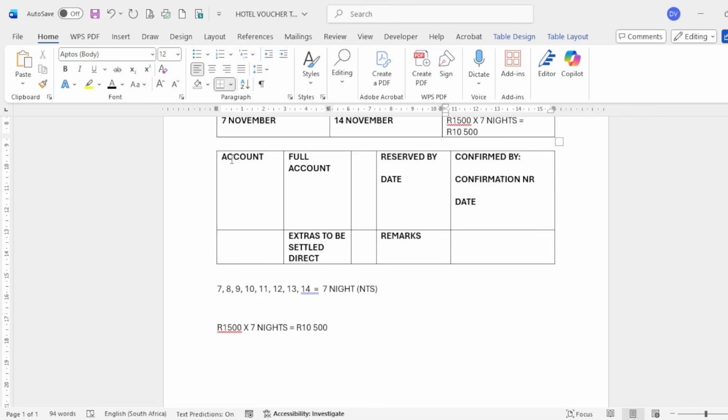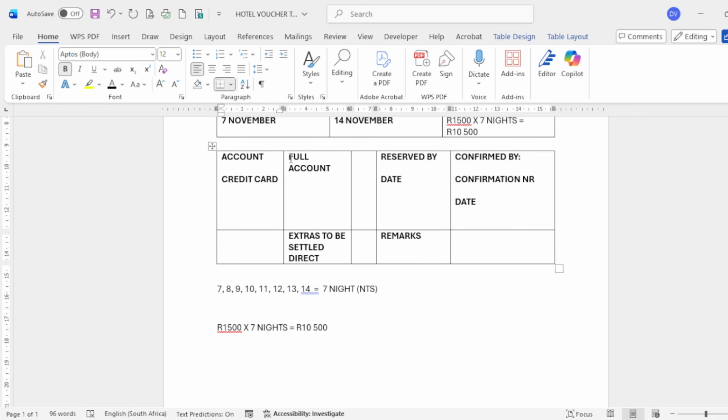Right, so the first block that says account, here you've got 2 options. If they're paying with a credit card, you write the word credit card. If they're paying cash, you write the word cash. Usually the examiner will not make this payable with cash because the examiner and the markers want to see that you know what to do with credit card details. So in this case, we know that Mr. Carney is paying with his credit card. You simply write the word credit card in block capital letters.